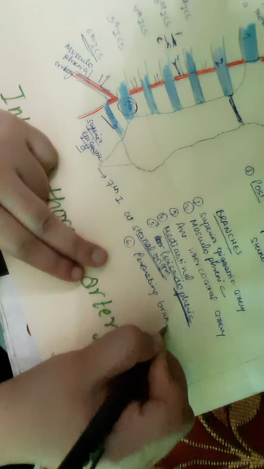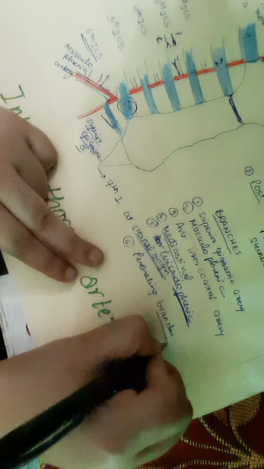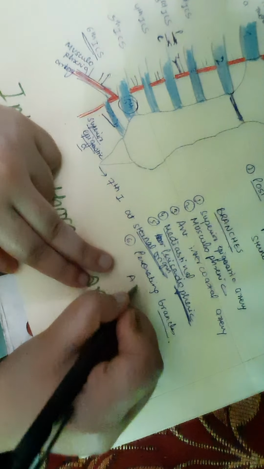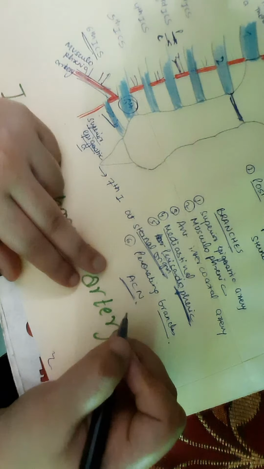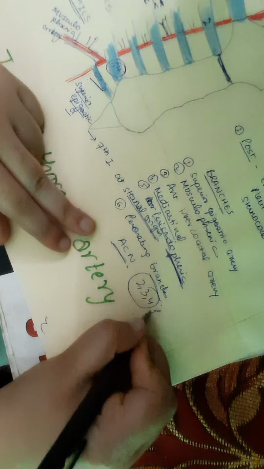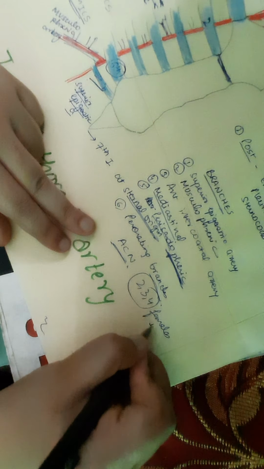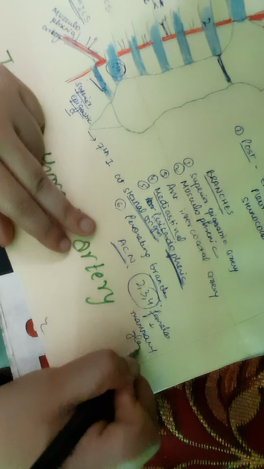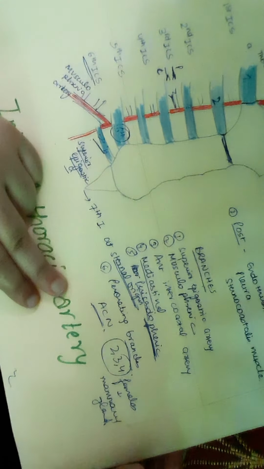These perforating branches are going to go and supply, majorly, and they accompany the anterior cutaneous nerves. And the second, third and fourth perforating branches, in the case of females, are very important because they are going to supply the mammary gland. Okay, so this was all about the internal thoracic artery.